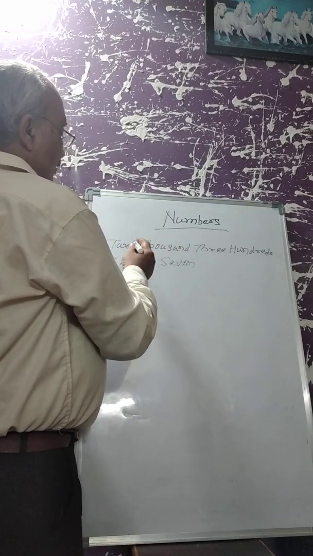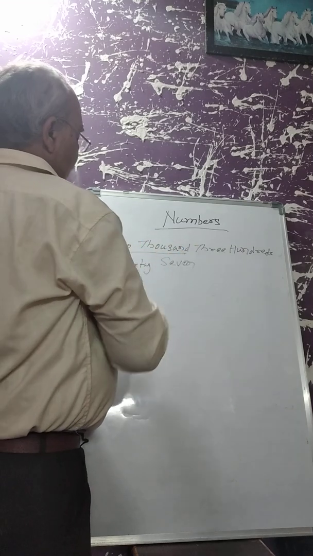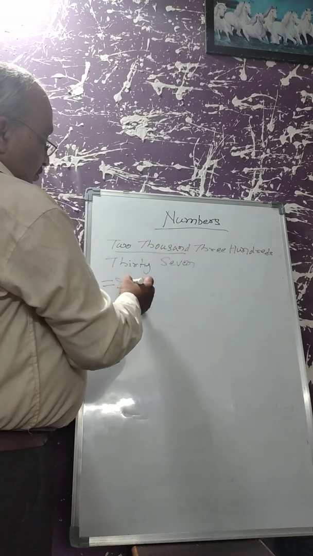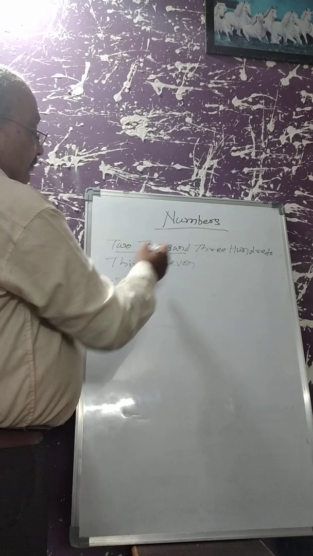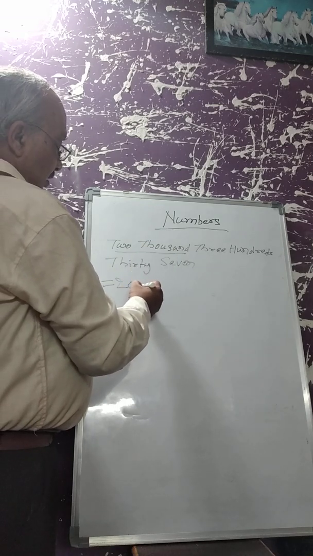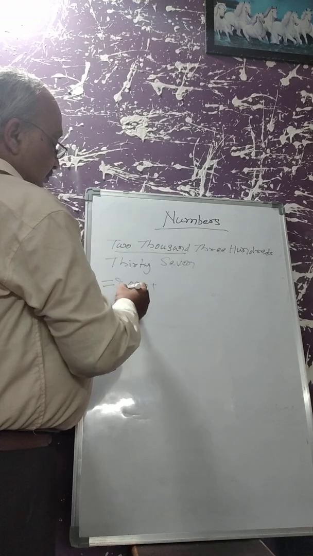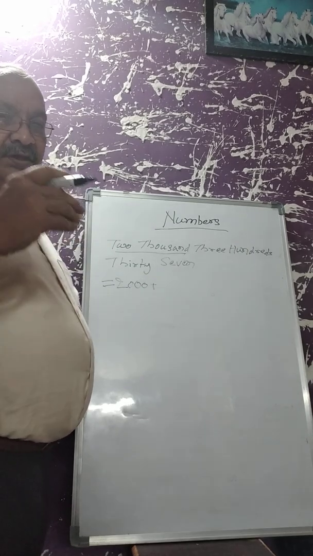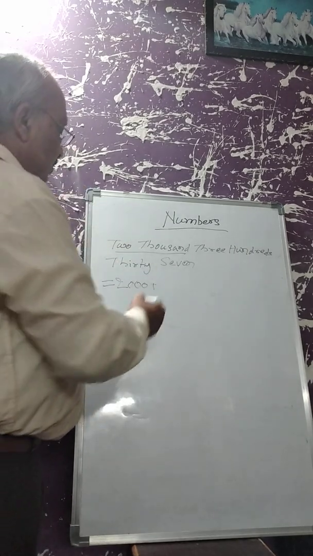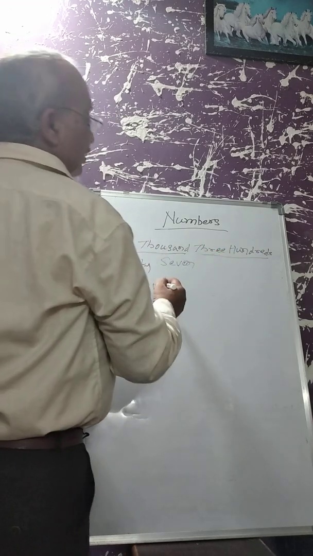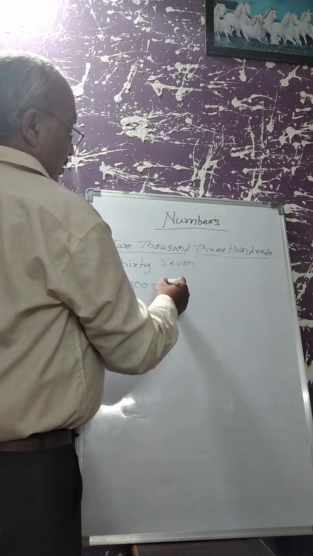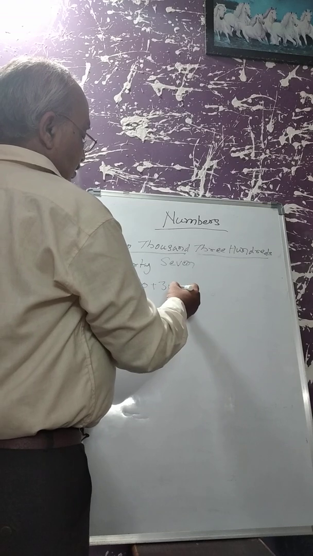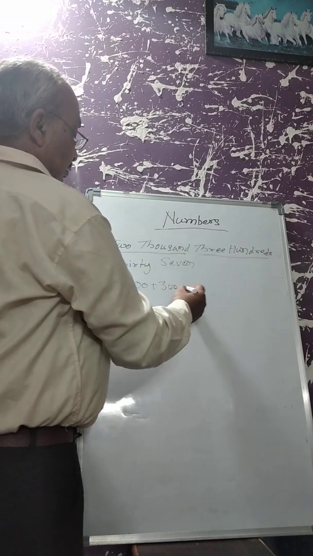How will you do that? Just take this one. What is the number? Number is 2 and 2,000. So 2,000 means it is at the place of 1,000. 2,000 first, because altogether it is a 4-digit number. Then 300 means it will be a 3-digit number. That's a 3, isn't it?